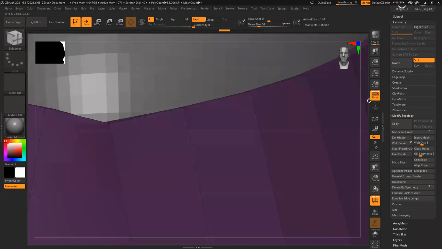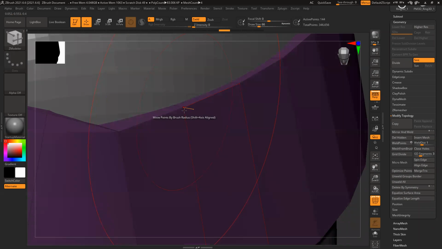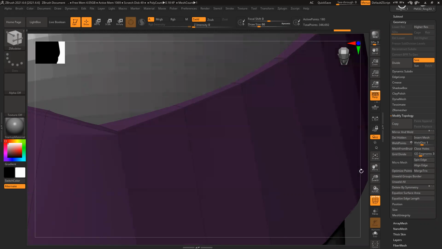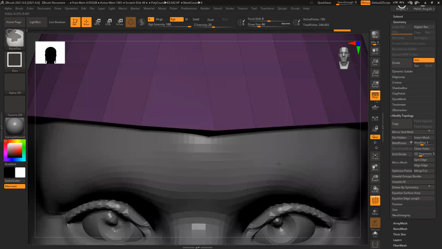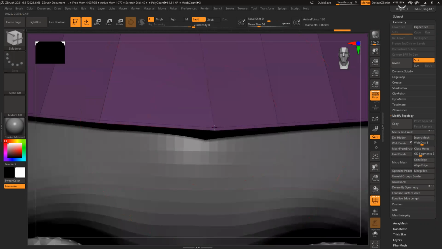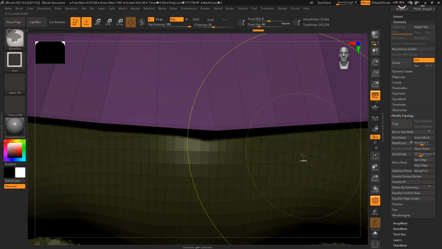Either I can crease it or I can add a loop here. By default, it's in add or remove edge. What happens?